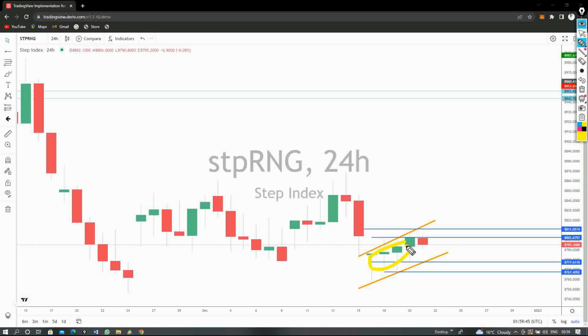So we cannot look at bullish trades. Right now we are looking at the momentum of the next candlestick, which is a bearish candlestick, and then we are going to go bearish. So guys,